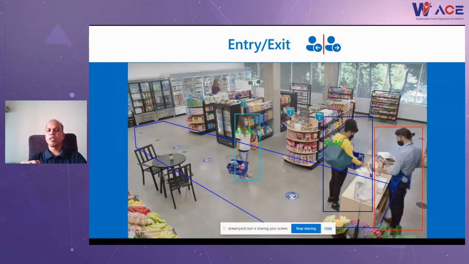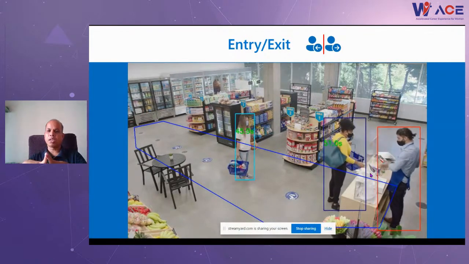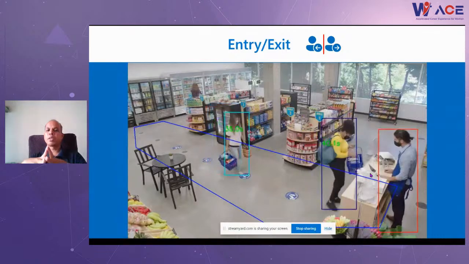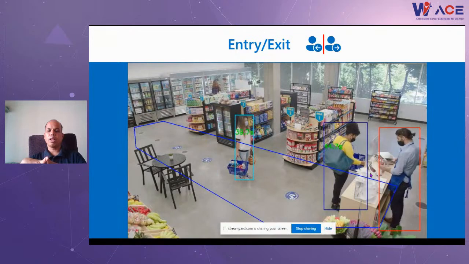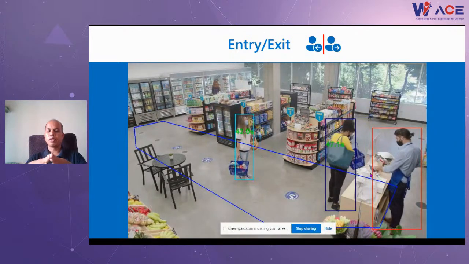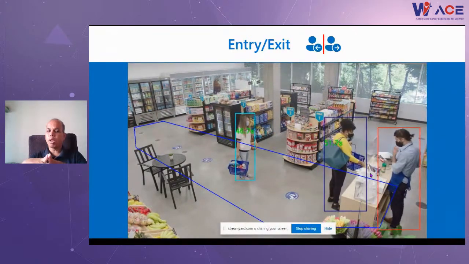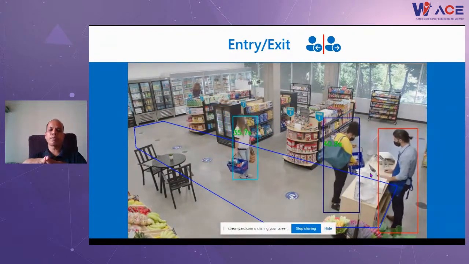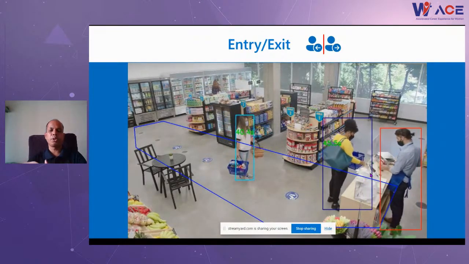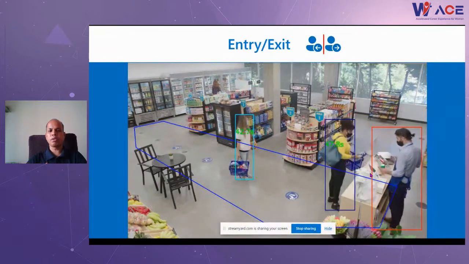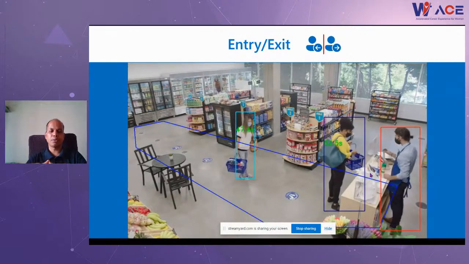You can see how everything within the supermarket is automated with just one person in the store: who is coming in, who is moving out, the distance between the two people waiting in the queue, and how long your queue is at any point of time. You can determine that and plan accordingly, whether you need to open one more billing counter, or you are good to go with the current set of resources you have today.